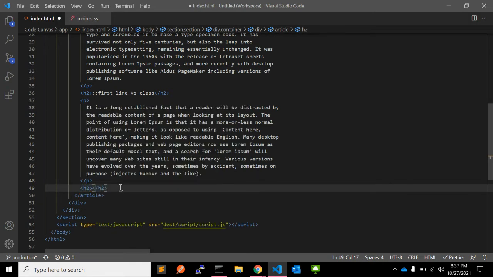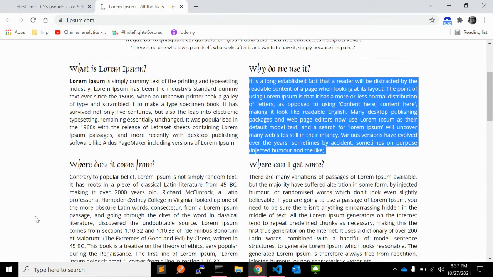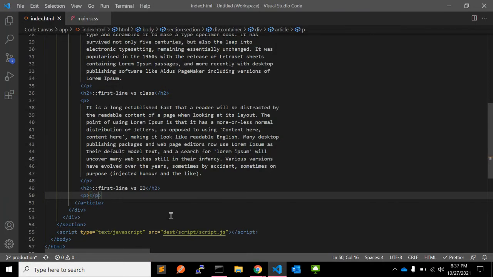One more h2. The third one, we will use first line versus ID selector. Let's add some dummy text as well.